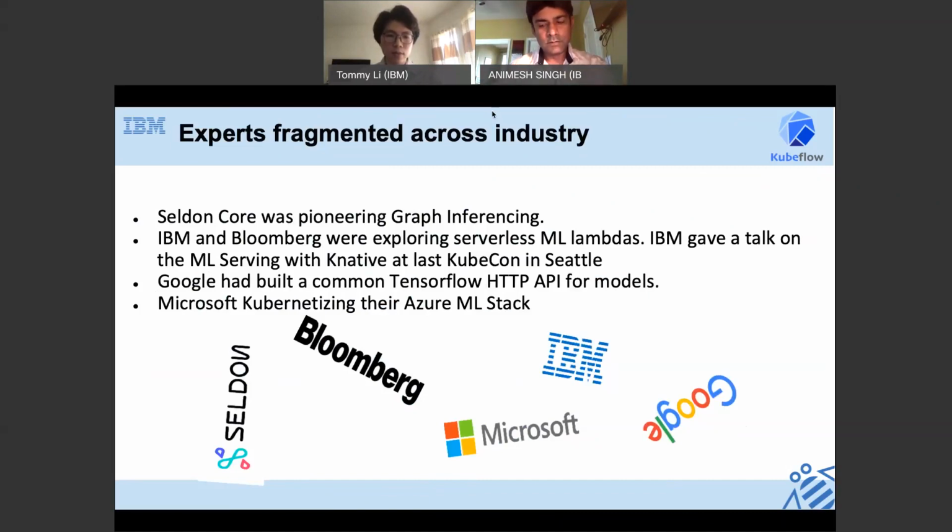Okay, so one of the things which we did, at KubeCon in December 2018, right? Tommy and I presented on using the serverless Knative way of serving models, right? And that talk became very popular. We got a lot of requests, and that also laid out some genesis around